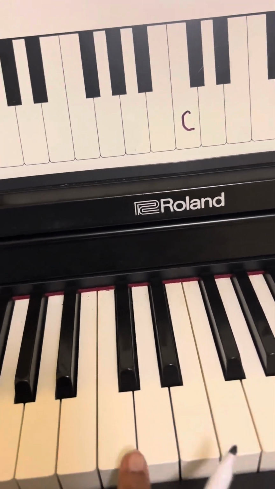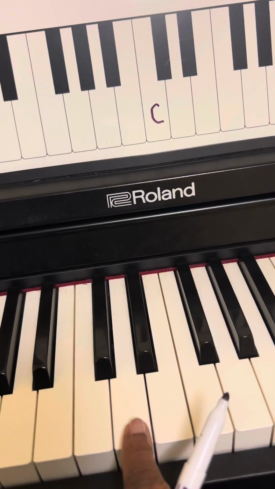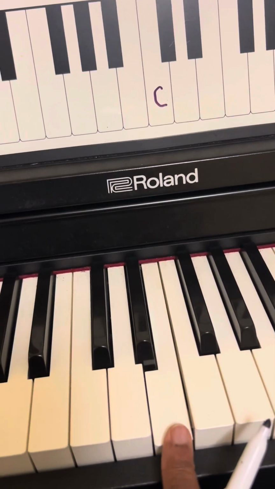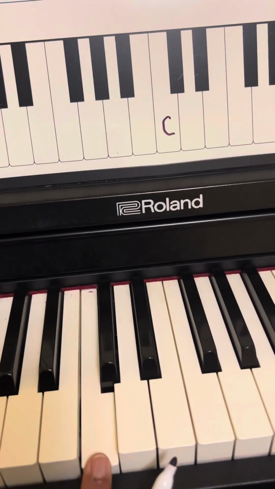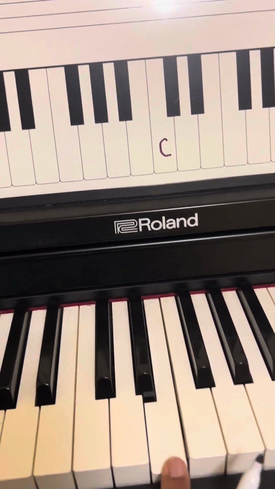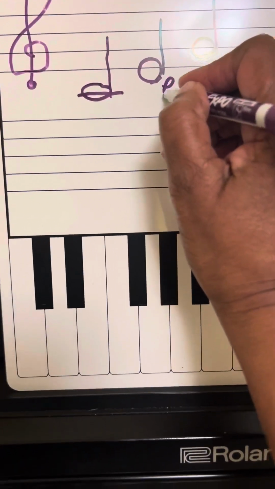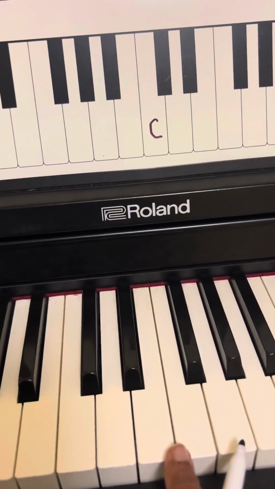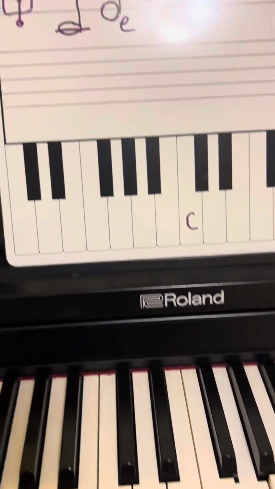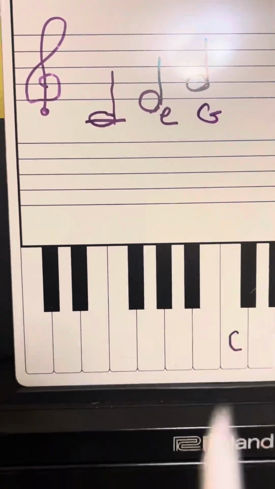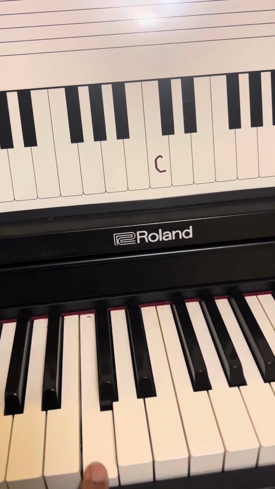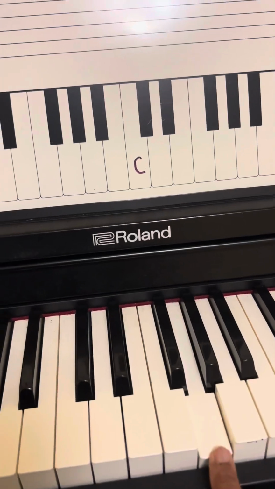What is a skip, Mr. Renee? That means you just jump over the next note, or the next white key, to get to the following one. So if this is C, a skip over the next key to the following one is E. All right. And then the next line note is a skip. You're going to skip over this note and you're on G. So the first 3 notes that we're going to talk about are C, E, G,